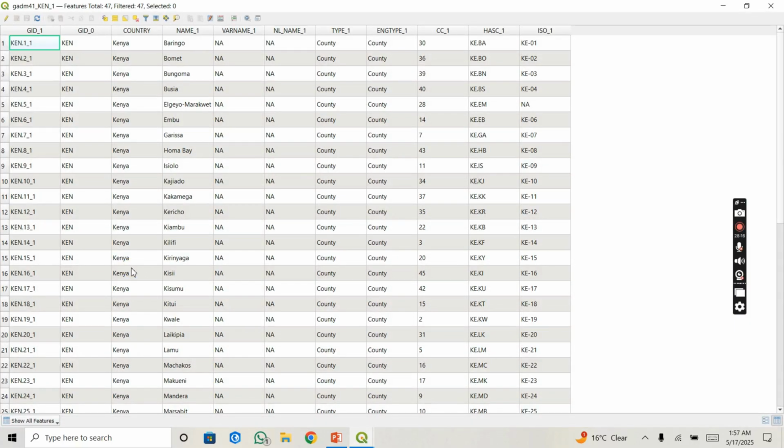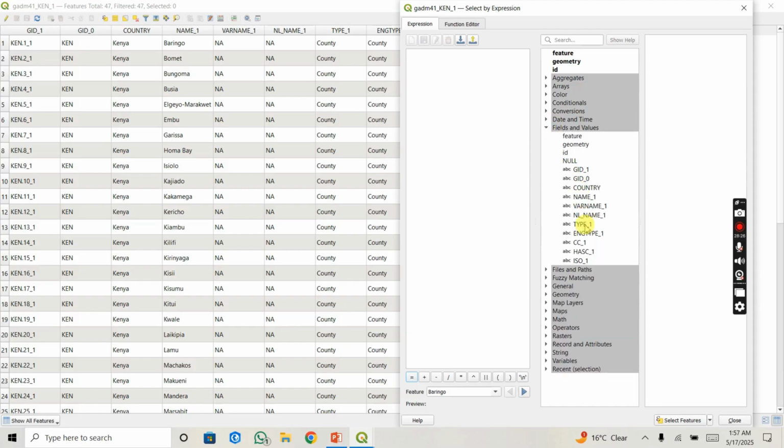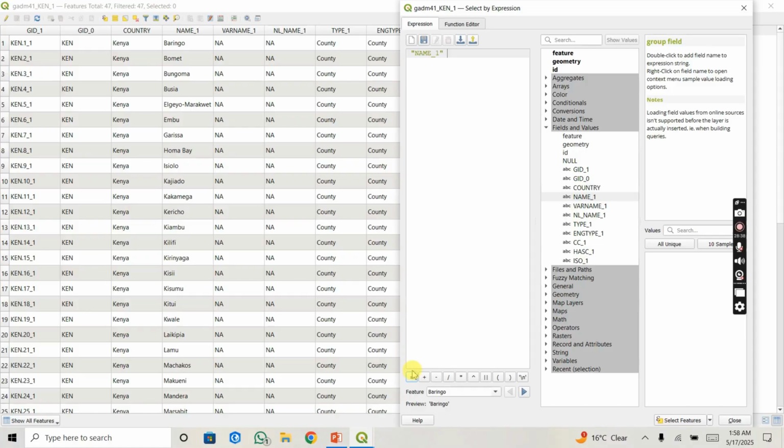point. So I'm going to go to the expression again, and I'm going to go to fields and values, just like we did. Now I need to be sure what column has the names of the counties. From the look of things, this column is name _1. So that's what I'm going to double click on, put the equal sign, and get all unique values. I'm interested in Nairobi, so I'm just going to look for Nairobi and double